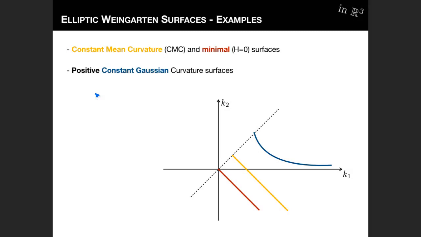Positive is in order to have the ellipticity condition. In this case, the curvature diagram is a curve like this blue one in the picture, which is asymptotic to